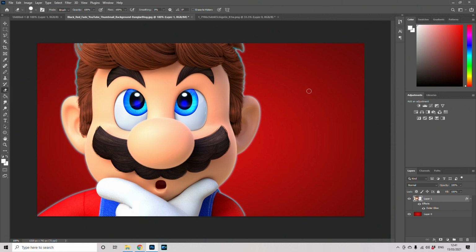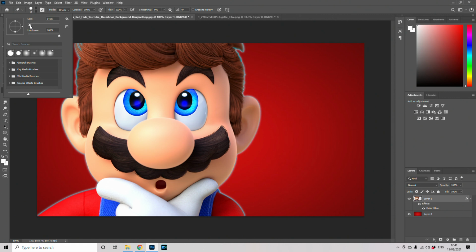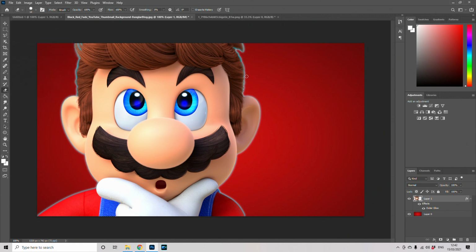If I just use the regular eraser tool, any tool you have you can use up here, change the size up here, so you can make it smaller or larger, so I can get rid of any little annoying bits on the side there. So once you've done that, we're doing a really basic thumbnail here,